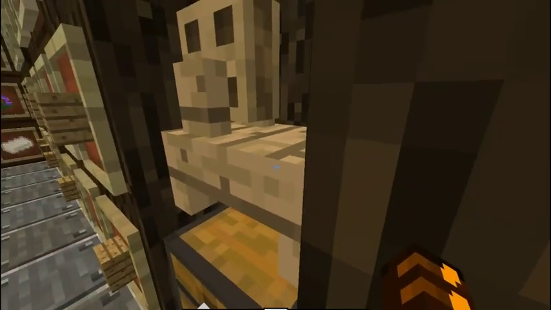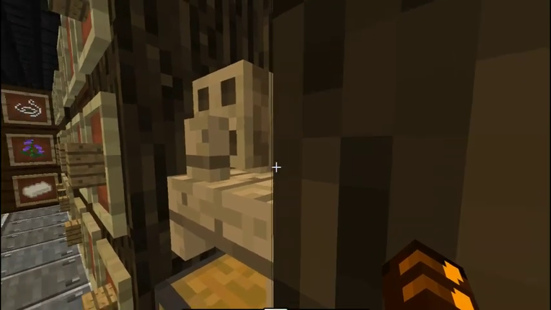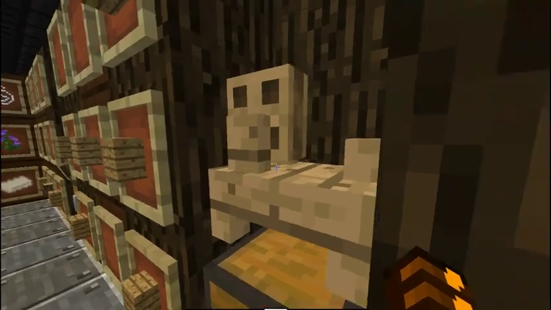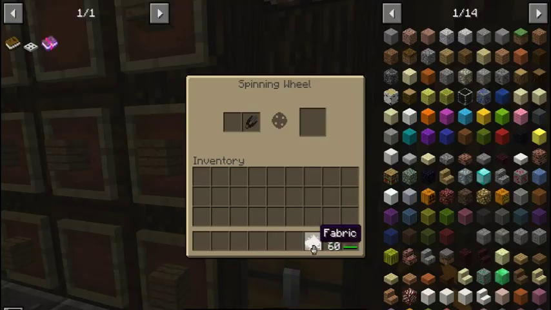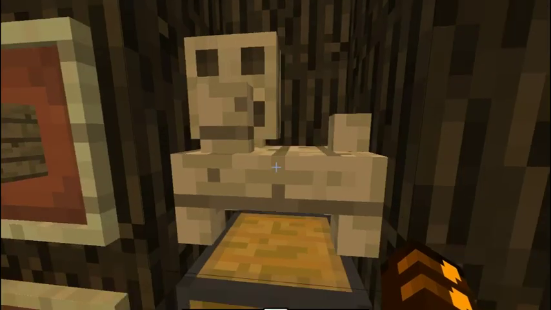The spinning wheel has a nice, not a nice texture. The texture is just the oak blocks, but it's got a nice model, as you can see. It's nice and 3D. And what the spinning wheel does is exactly what a normal spinning wheel does. So you put shears in that slot, and cotton, which is a new naturally generating plant, you will, over time...